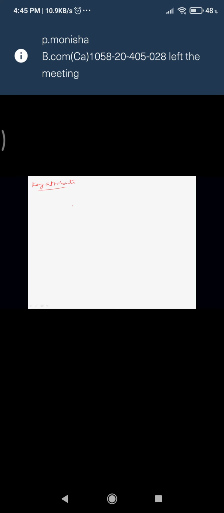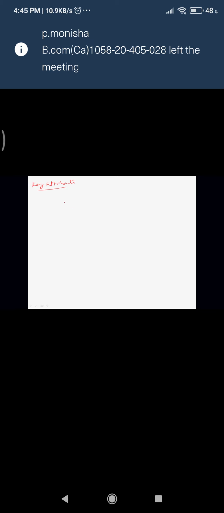Suppose I go for the example of a student. A student is an entity. What are his attributes? ID is there, name is there, contact is there, his class is there, something like this.